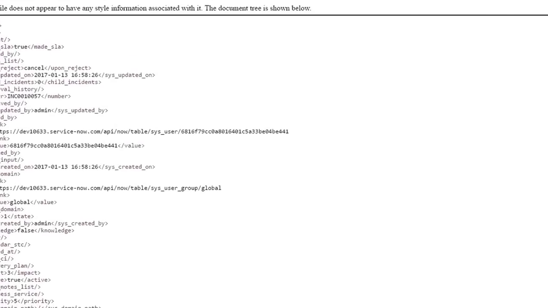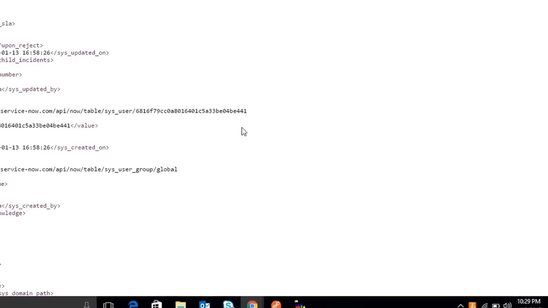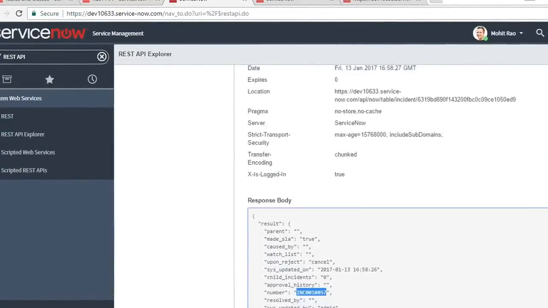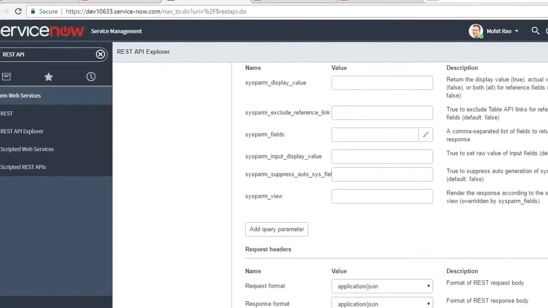Number equal to this. We have created the incident successfully using POST. It's this symbol.